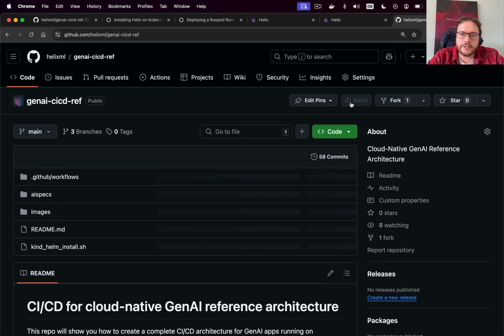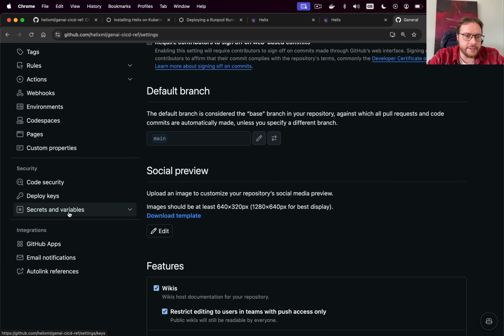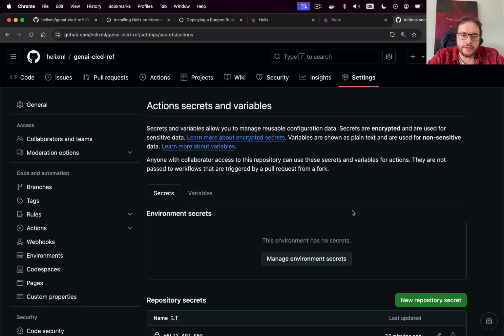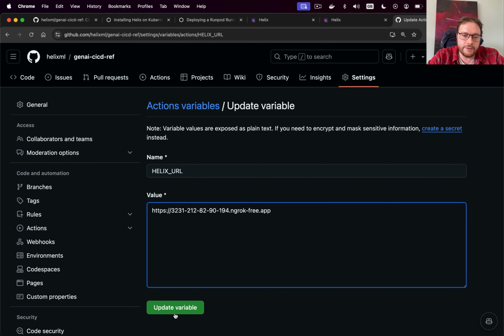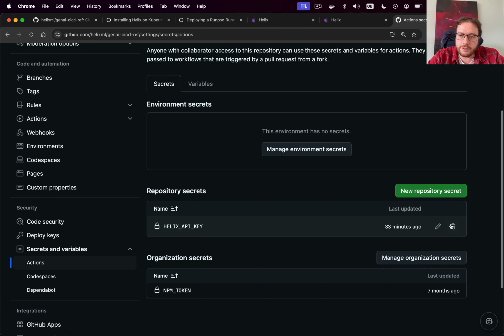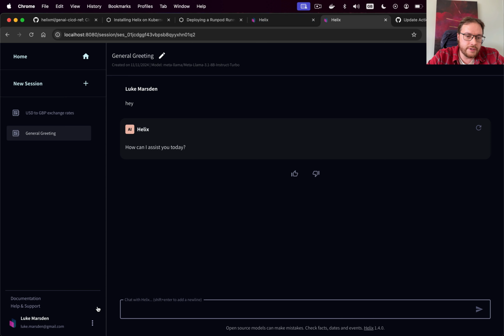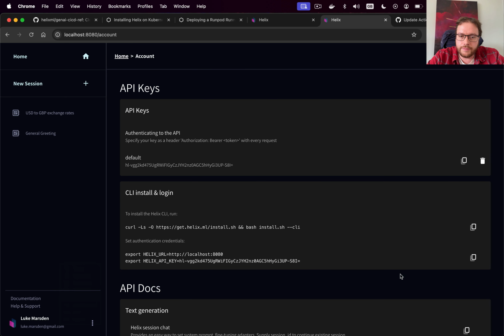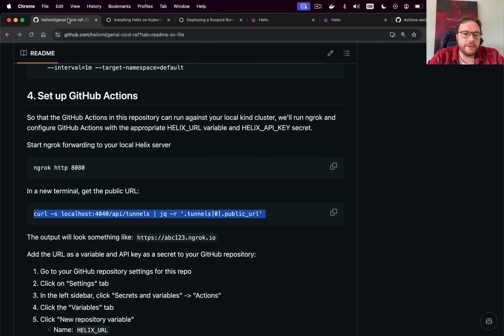GitHub and change the settings for my secrets in my GitHub Actions. So the first thing to change is the variable, which is the URL, because that changes every time you redeploy it. So that's my new variable. The other thing I need to do is change the secret, because every time you redeploy Helix and recreate a user account, then you get a new API key. So I also need to update the API key in GitHub Actions. And then